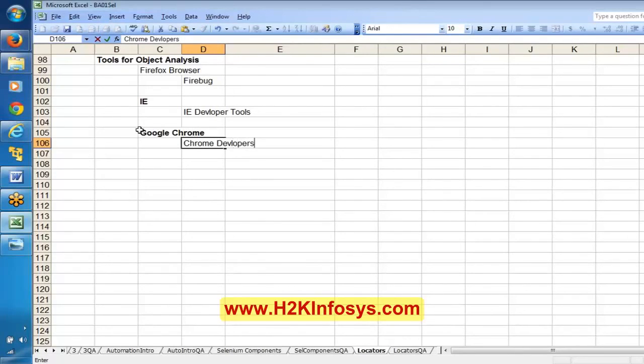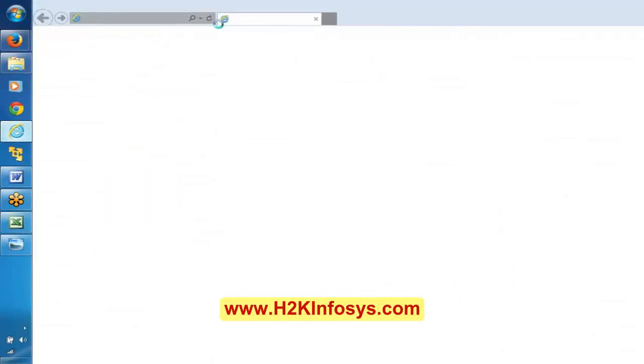These are the different tools for different browsers. But in general, most Selenium automation testers use Firebug. However, if you are habituated to Internet Explorer, you can use IE Developer Tool. If you are habituated to Google Chrome, you can use this Chrome Developer Tool to find the HTML structure of the application. Now see here.